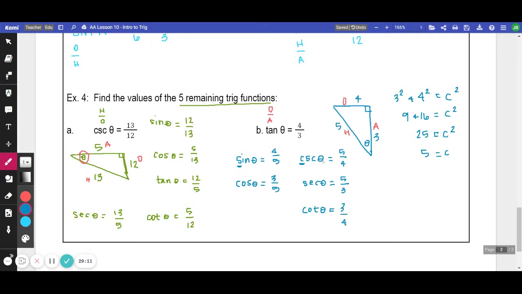If you don't like just doing the reciprocals, then scroll back up to the beginning where we wrote them all down, and you could do, okay, well, secant is hypotenuse over opposite, and hypotenuse is 5, opposite is 4. So you can do it that way too if you don't like thinking about